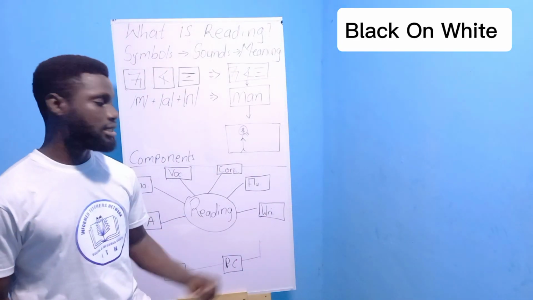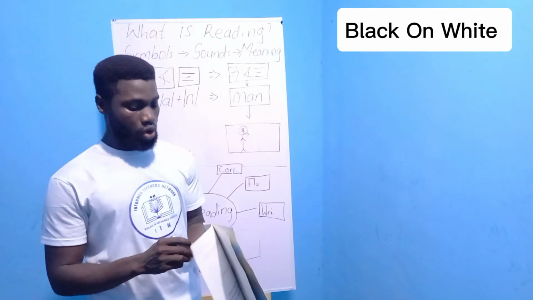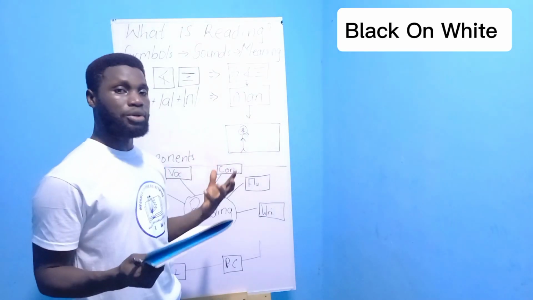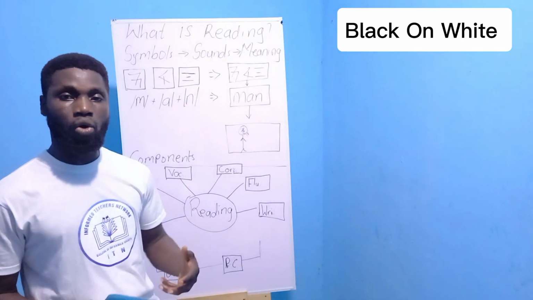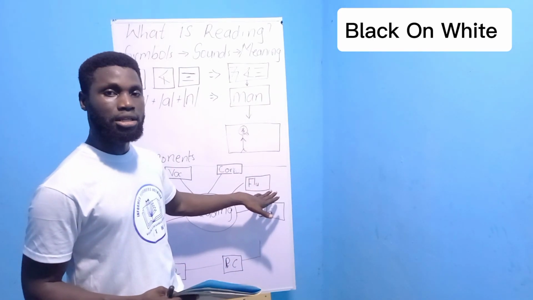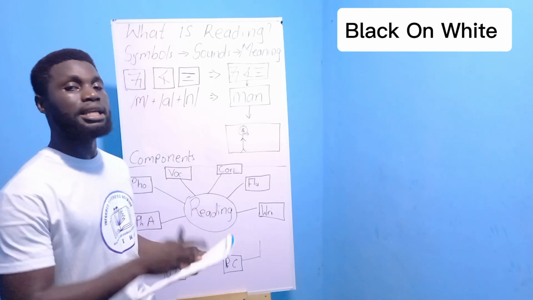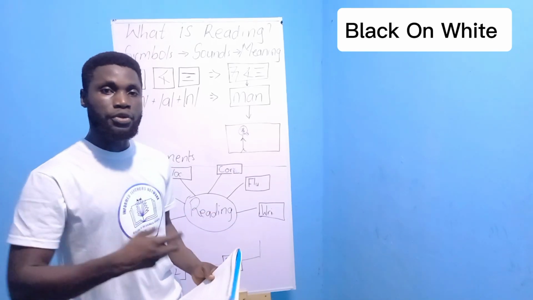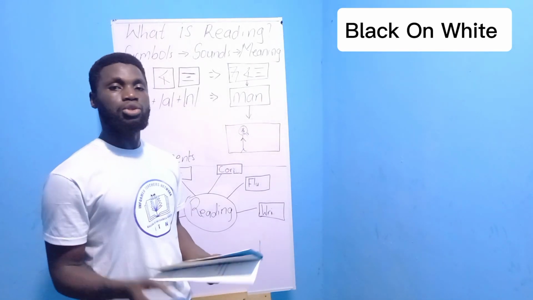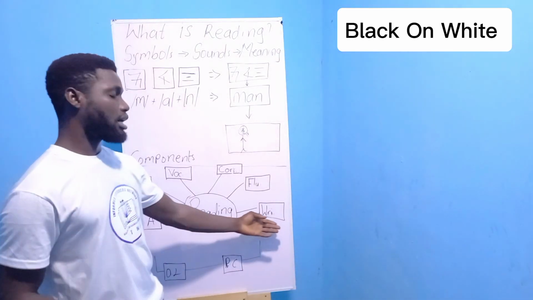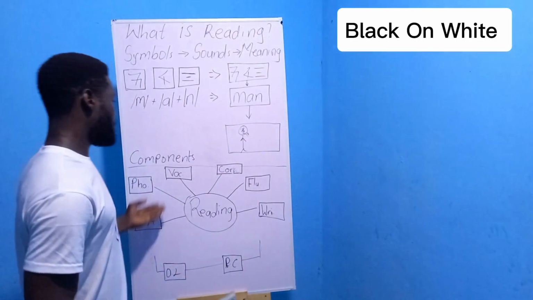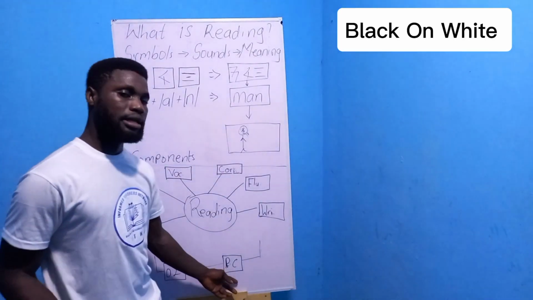Then the last one is writing. That is the ability of the learner to express their own thoughts and their own opinion through either text or pictures. So once the child has finished reading, understood what is in the text, and is able to express their own opinion about what they have read through either drawing a picture or using text, that means the child has reached the writing stage. So all these aspects develop oral language and bring